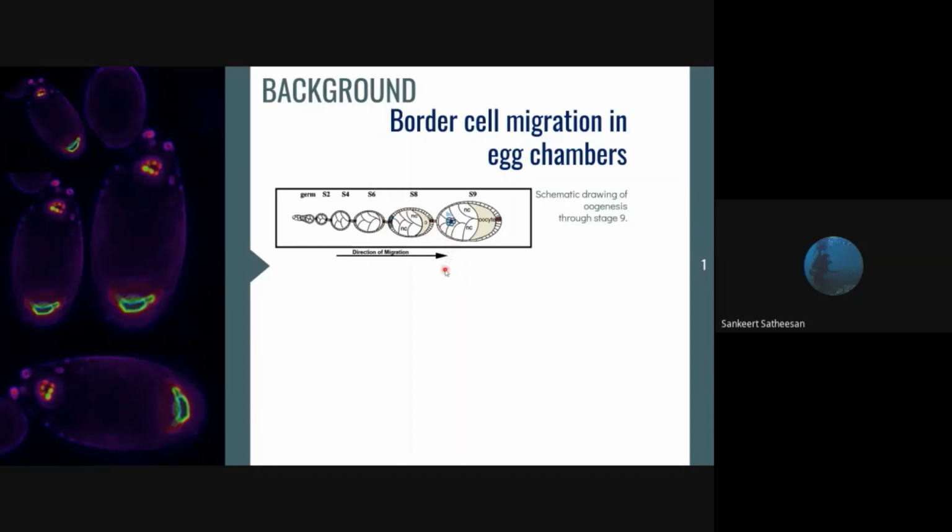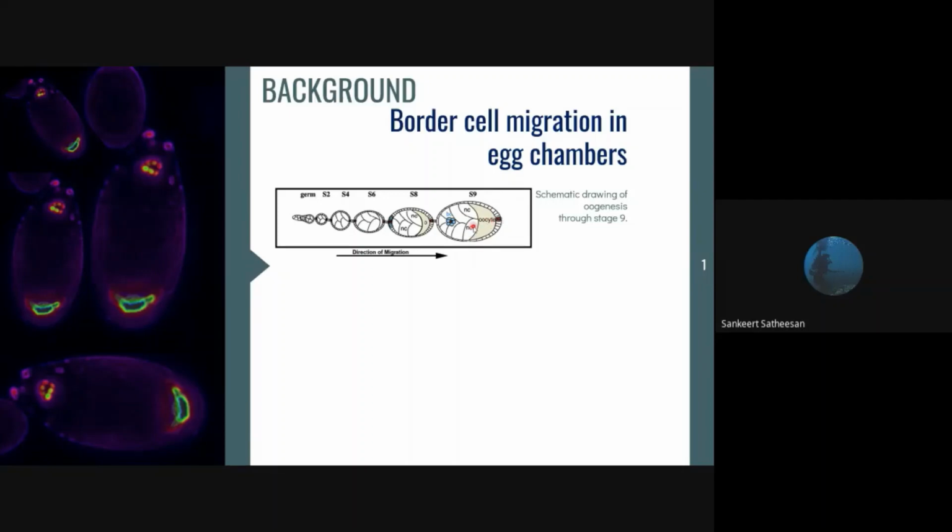So now the migration, which is our process of interest, lies between the late stage 8, or you can call it early stage 9 as start, to the late stage 9 phase. Most of the cells assume a columnar shape and contact the oocyte in the posterior half of the egg chamber. Now during the early phase of stage 9, cell rearrangements occur within the anterior follicular epithelium cells, and the anterior cells spread into a thin flat layer, and this tip rounds up and then migrates down into the middle of the egg chamber to the oocyte border.